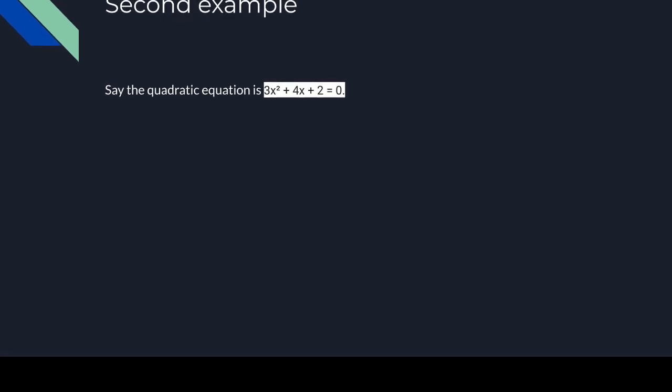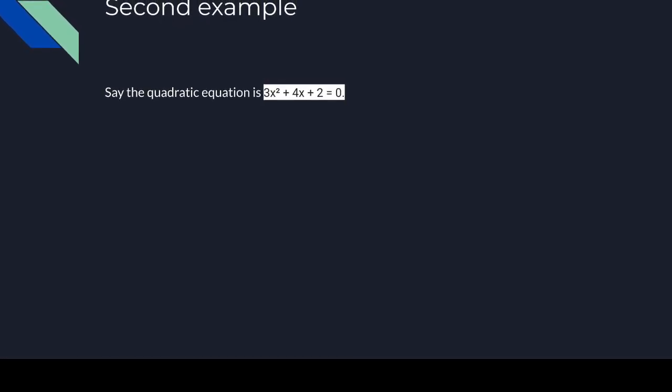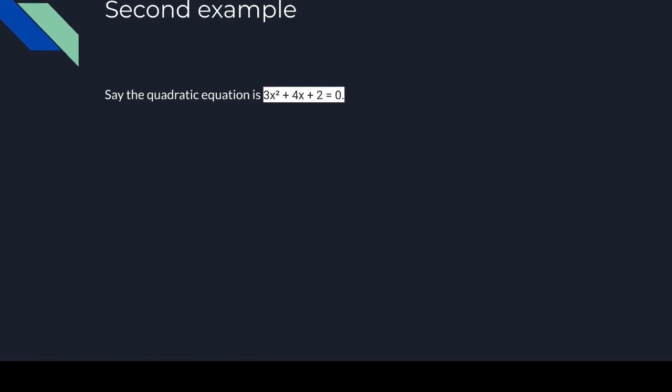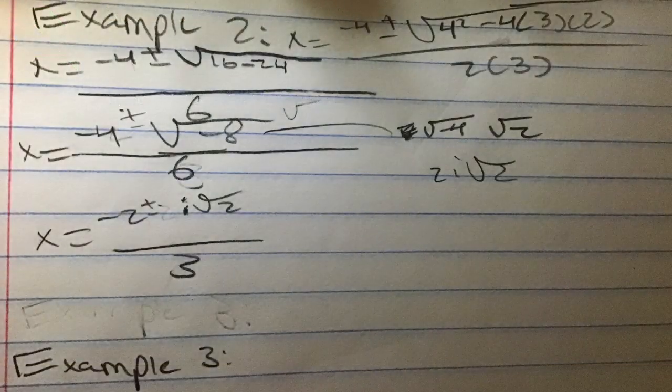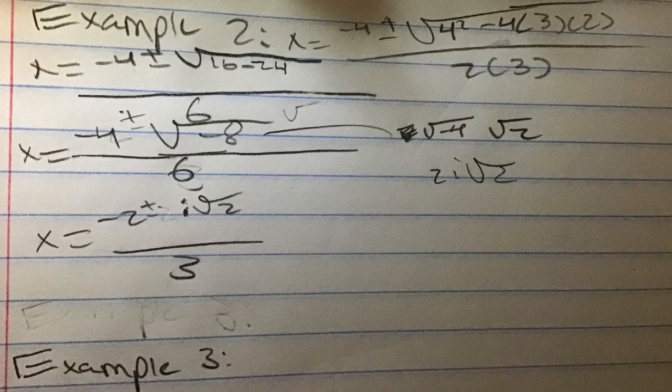The 4, which is by the x, is b. And finally, the 2, which is by itself, is c. So as you can see here, we have negative 4, because that's negative b, and we plug in the positive